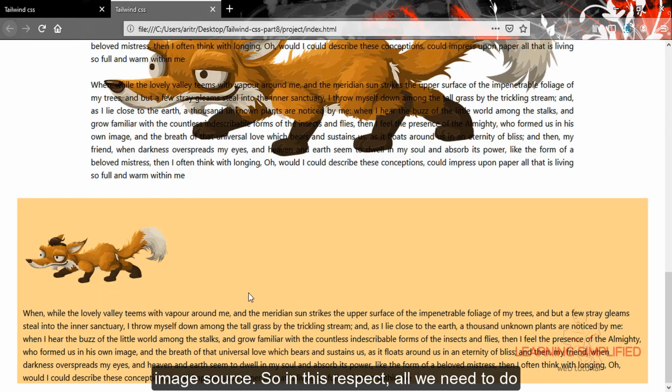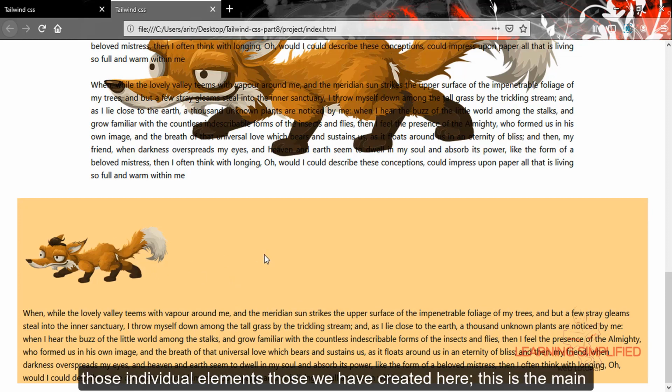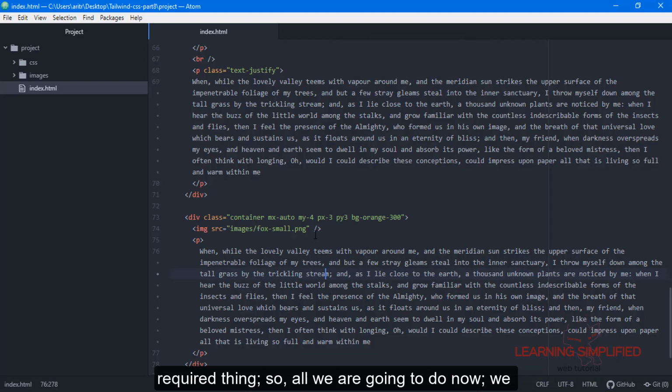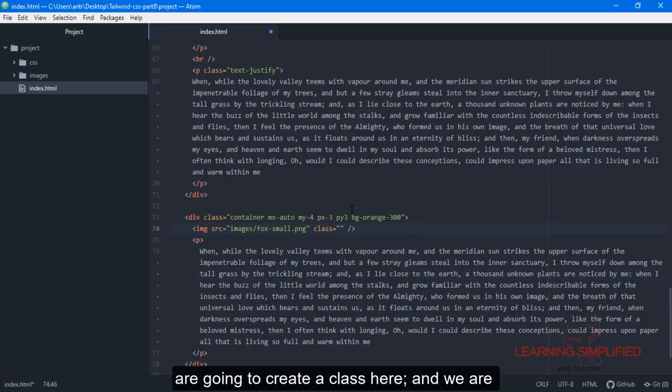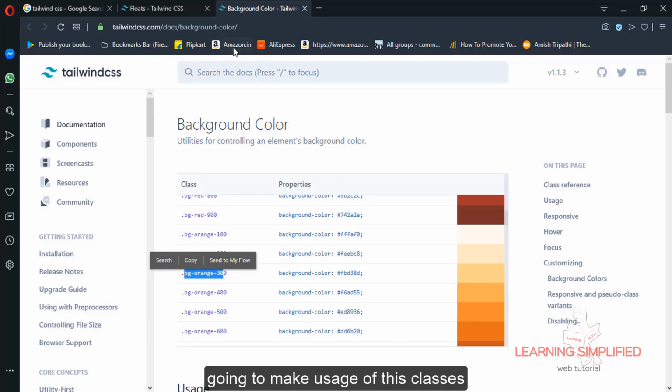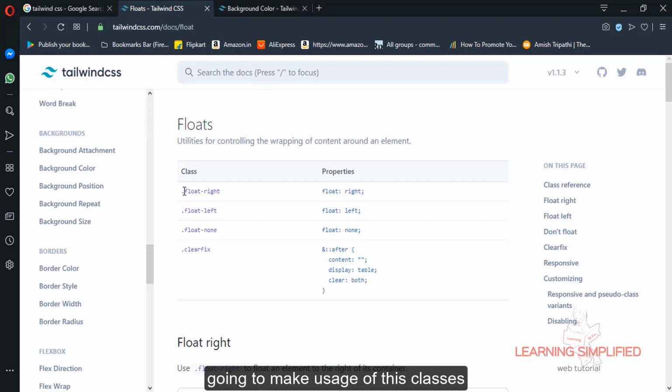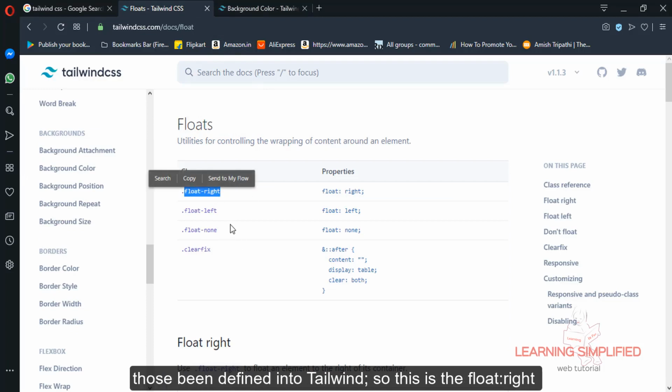So in this respect, we need to clearly mention the float property of those individual elements that we have created here. This is the most required thing. So now we are going to create a class here, and we are going to make use of these classes that are defined in Tailwind.